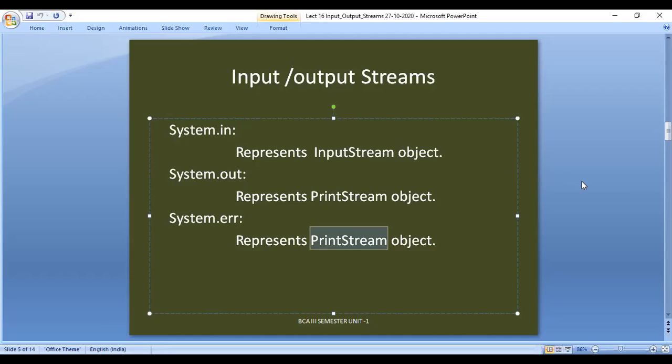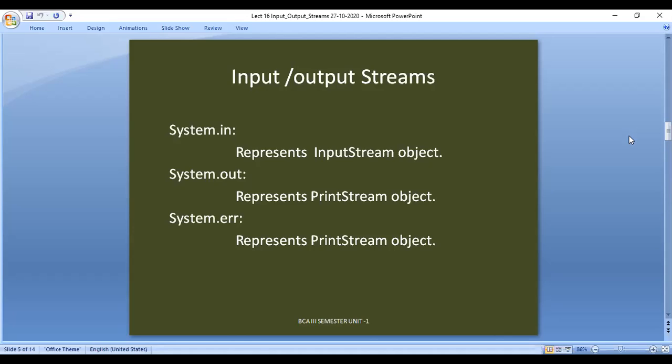Then what is the difference between them? System.out will be used to display normal contents onto the screen or output devices. But System.err will display the error messages which are part of the program.